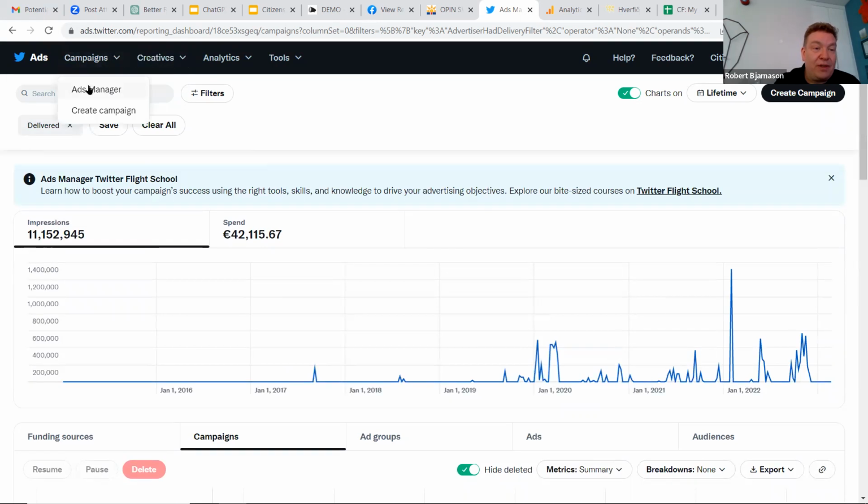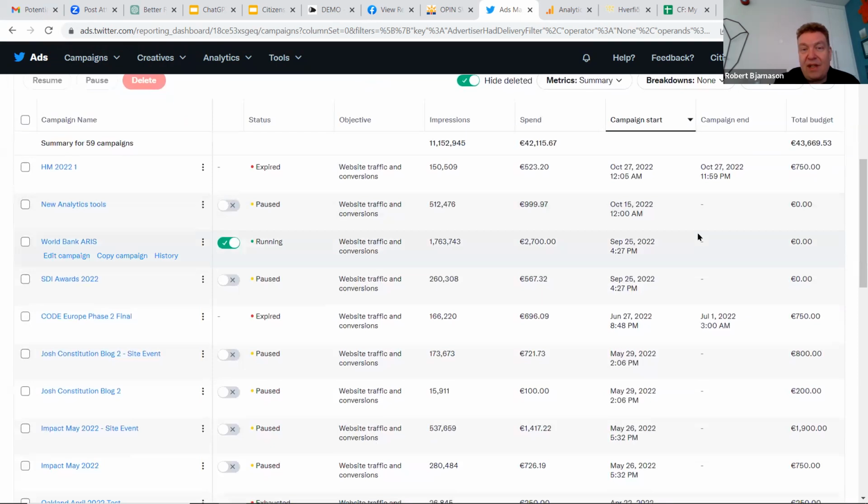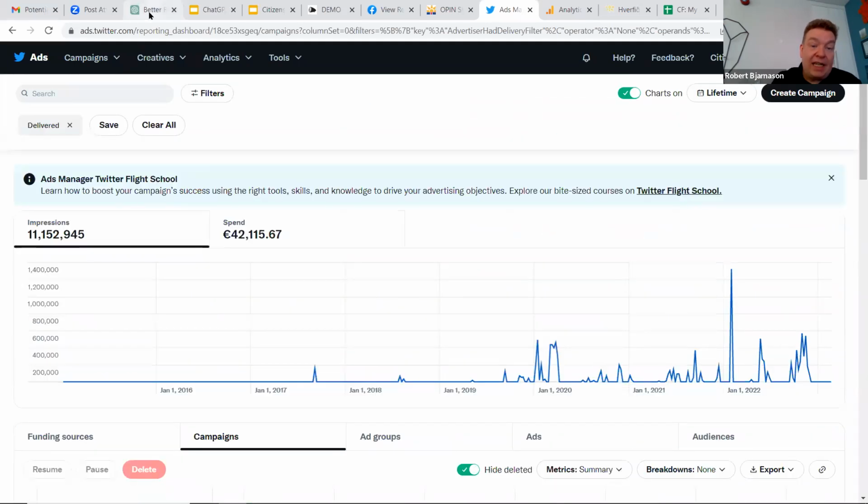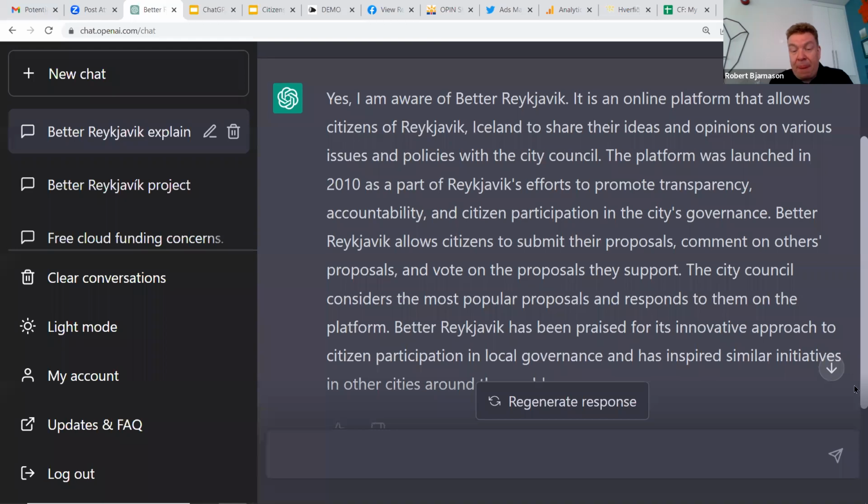You go in here, you create a new campaign, and it's a similar sort of targeting and so on. And also with Facebook, there's also a separate advertisement manager. I'm not really going to go into either here. That could be like a whole course on its own. But it's easy to find help online on how to use the Twitter ad manager.